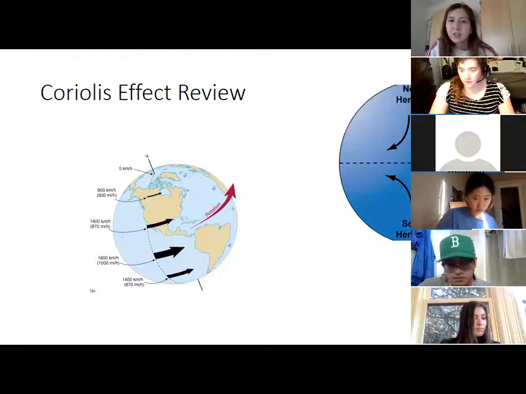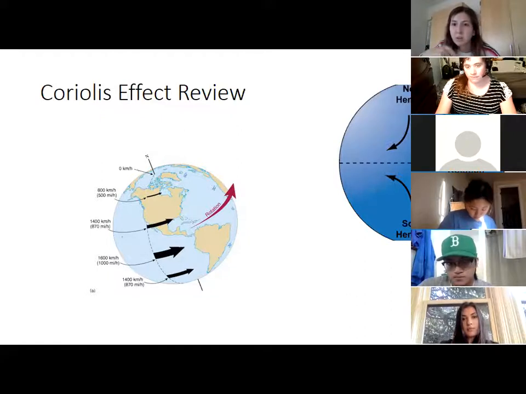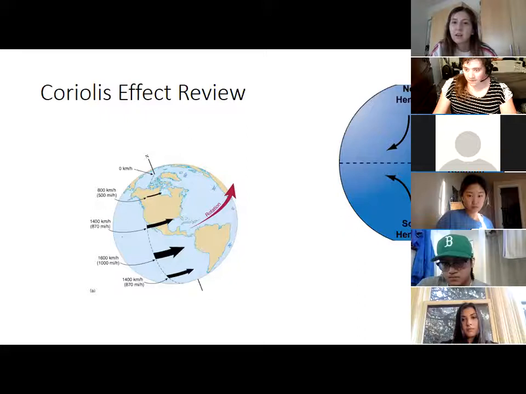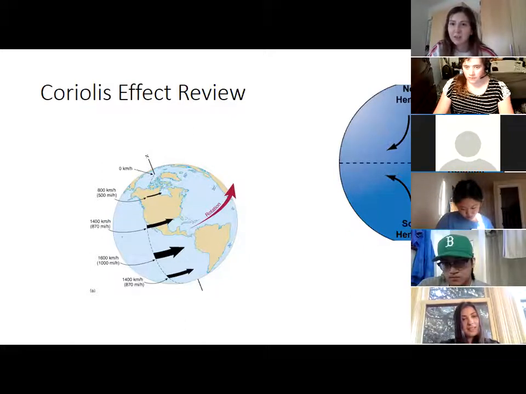I have a question for the blue globe kind of on the right, that one. Will the arrows always be that direction? When you say that direction, what do you mean? For the arrows that are pointing in the northern hemisphere, how one of them's pointing north and one of them's pointing south. Like if the globe's spinning in a different direction, should we just memorize those or will they just be changing?